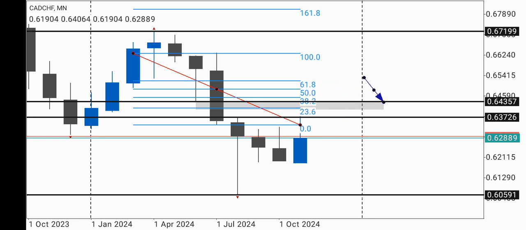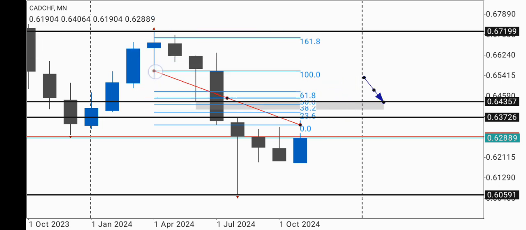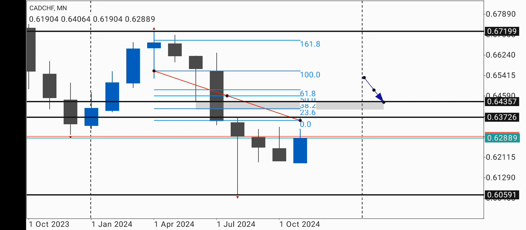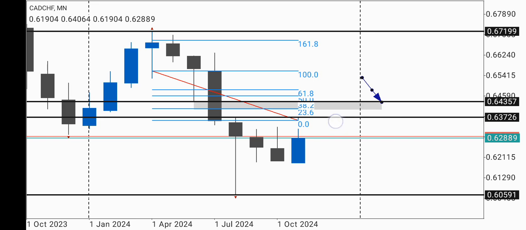But if I'm using the body, maybe the wick, sometimes it might be from the brokers. If you use only the body of the candlestick, you see that the 38% is aligning at the fair value gap, and